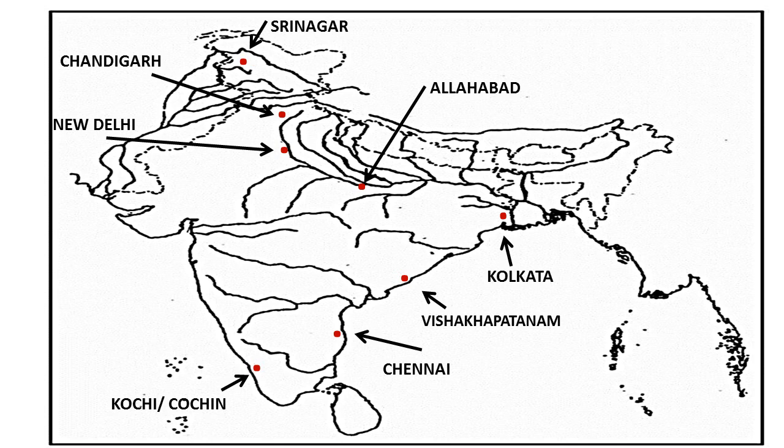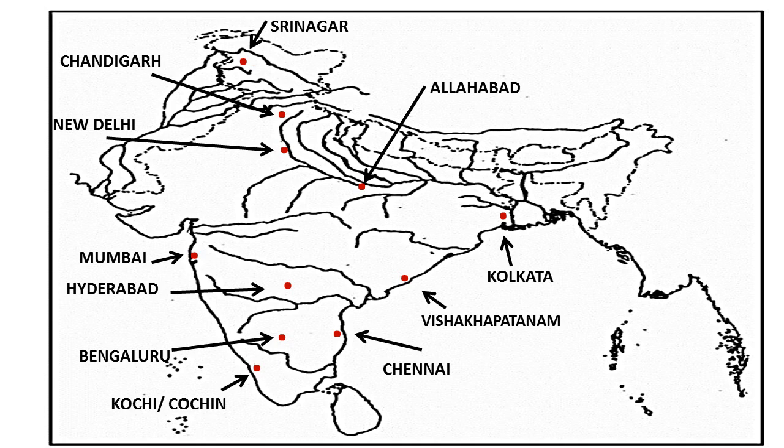Next is Cochin. It lies in the western coast. Then comes Bengaluru. It lies above Kaveri. Next is Hyderabad. Hyderabad is located between river Krishna and Godavari. Exactly in the middle of these two rivers you have to mark Hyderabad. From Cochin, if you move towards the west, you will get your commercial city, that is Mumbai. Mark on the land area and not into the sea.